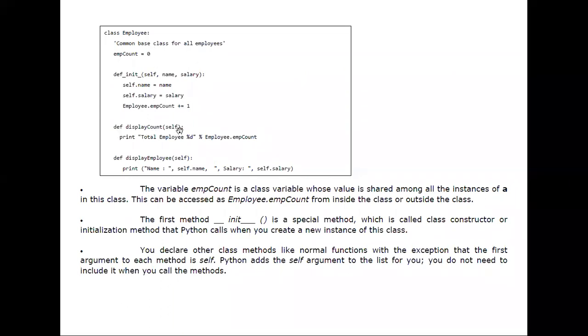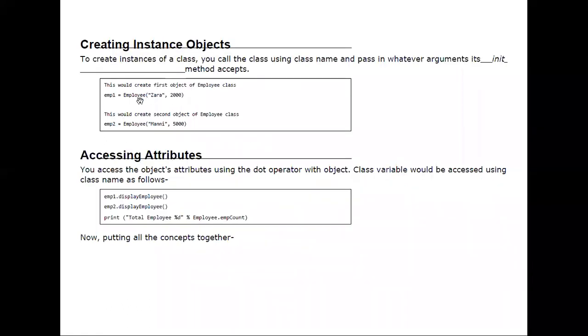And def display self, when you want to display it, you have to pass the object emp1 here and print, that will be in the brackets, print total employee %d, and because that is the class variable, it is available for each and every instance, for each and every object, it will give you the number here. So what we are doing here, we are creating two objects, emp1 having name Zara and salary 2000, same as for employee 2, we are creating an employee having the name Money and salary of 5000.